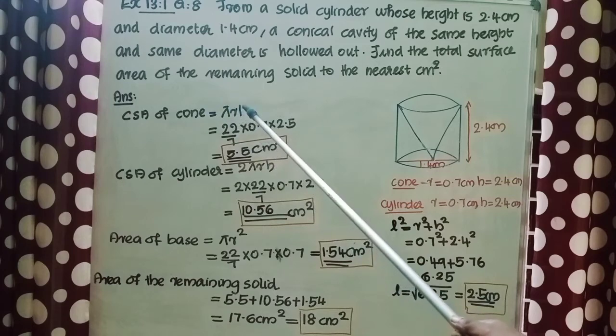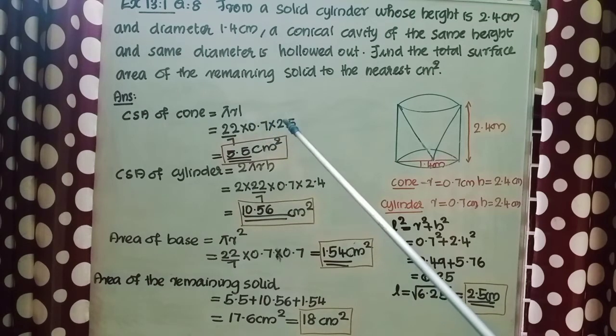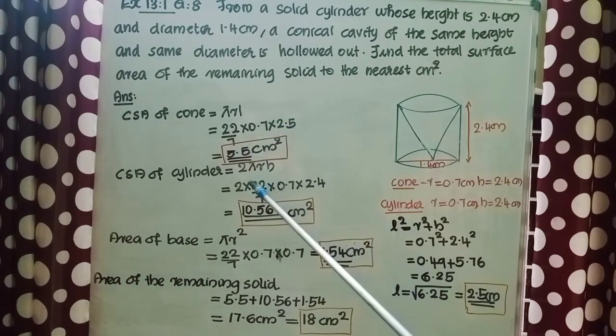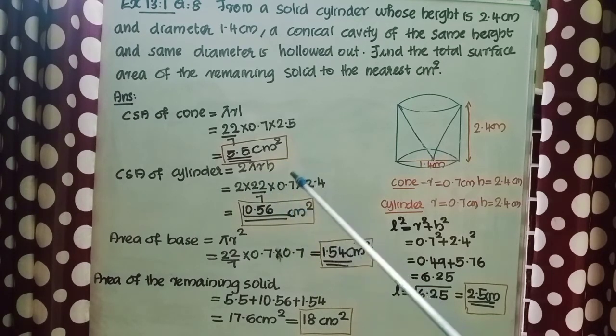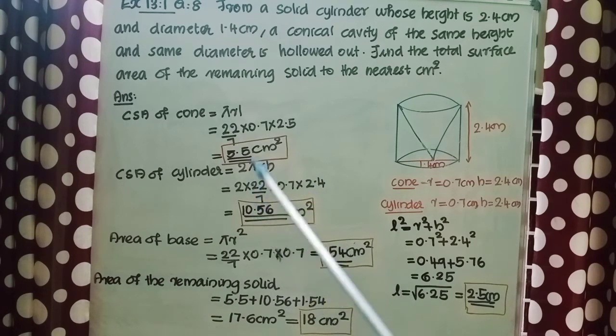CSA of cone equal to pi RL, that is equal to 22 by 7 into 0.7 into 2.5, that is equal to 5.5 centimeter square. CSA of cylinder equal to 2 pi RH, that is equal to 2 into 22 by 7 into 0.7 into 2.4, that is equal to 10.56 centimeter square. Area of base, that is circle, that is equal to pi r square, that is equal to 22 by 7 into 0.7 into 0.7,